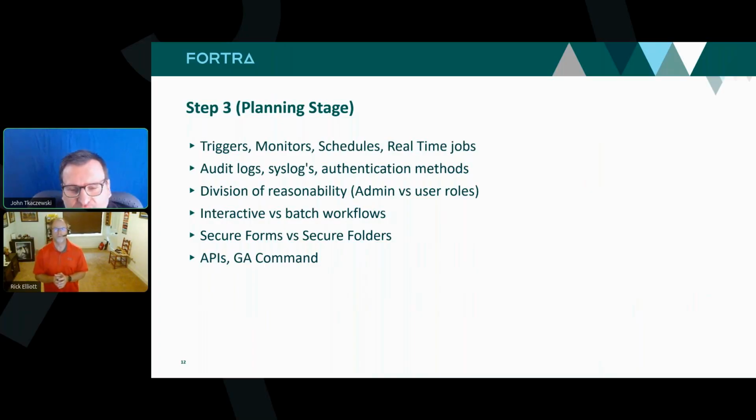So maybe just Rick, walk us through some of the features in GoAnywhere that are very important in this stage. Well, at this stage, once you get past the planning stage of determining what it is you're doing, how you're doing it, and which way you're going, then it becomes, okay, how am I going to make that happen? If I was using a cron job, I'm going to move into schedules. But then again, I may be speeding things up or making things better if I use a monitor instead. That means I'm going to look locally or remote and say, hey, if a file exists, pick it up and move it. Or I'm going to connect to JP Morgan Chase. If I find a file, pick it up, move it, and go get it.